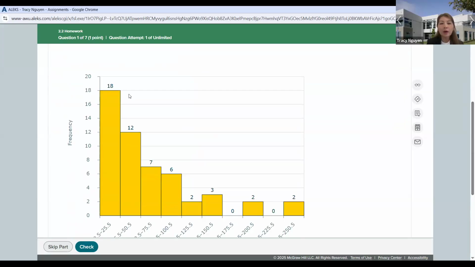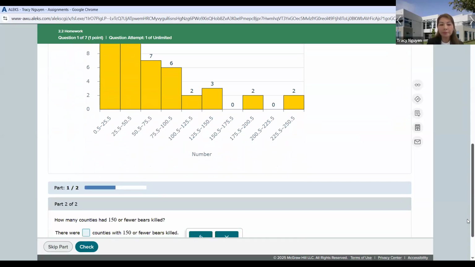If we draw a vertical line, here we have 18 and 12, that makes it 30, so 26 is about right here. We see many more bars on the right-hand side compared to the left-hand side. So if I ask you to comment on the distribution, this would be right skewed or positively